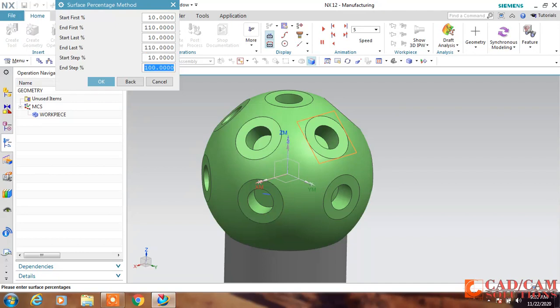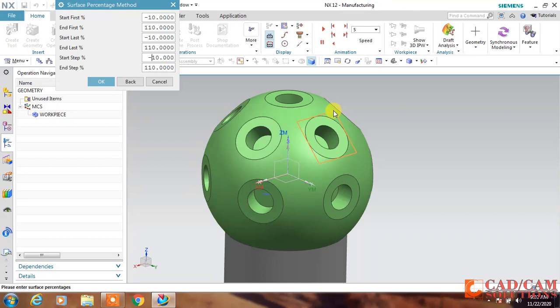That's why I am defining this, and see, this square is my cutting area. Now I want to extend this, so I am defining this -10. -10 means at the start it will extend -10 in this direction, plus is inside the part, and minus is outside the part.